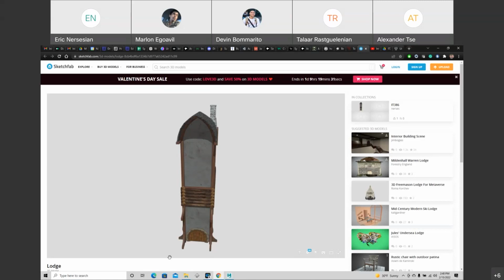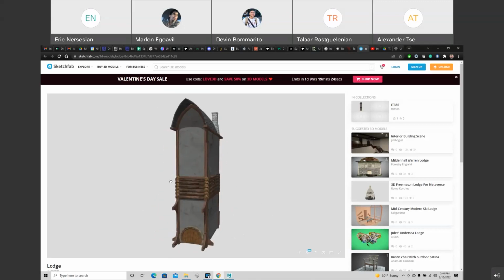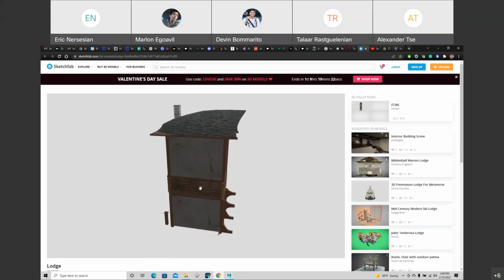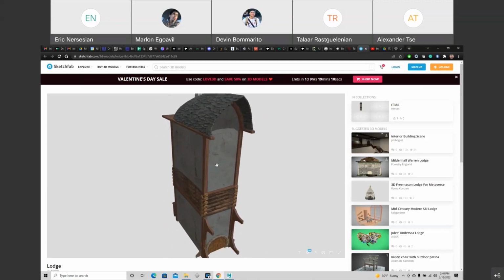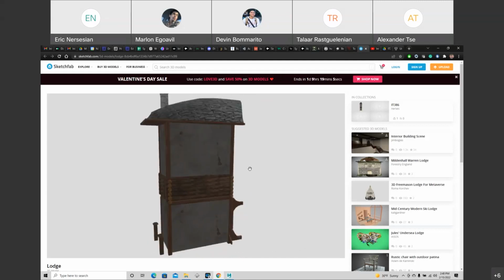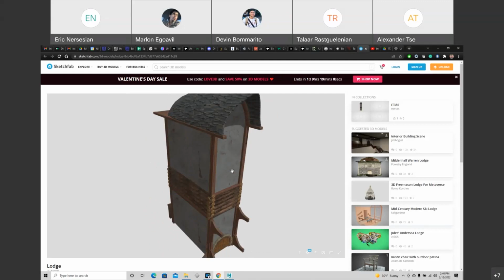And the reason it's in Sketchfab is you just post up the link. You got to make sure it's public, not private. But that's in the videos, and we can all just jump around and look at each other's. You're not going to get in front of the class. I'm going to do an anonymous survey, and other people are going to look at it and give you feedback, and that's going to be next week. But don't wait till last minute to do Sketchfab, just like you don't wait till last minute for Unity or Unreal, because it's not going to go well.